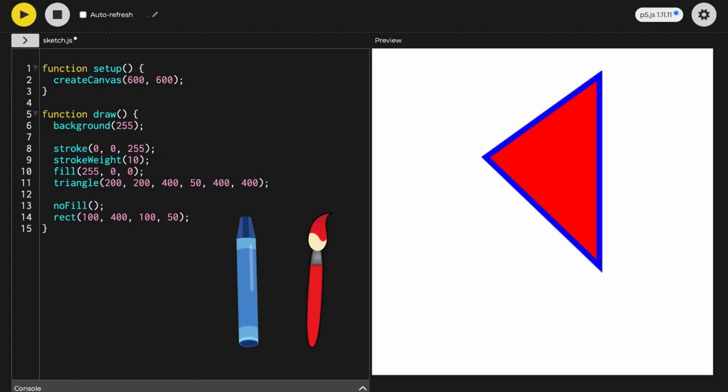But then, we wrote no fill. This told the computer, drop the paintbrush. Finally, we asked it to draw a rectangle. At this point, the computer is still holding that blue sketch pen, but it no longer has a paintbrush. So, it draws the rectangle with the blue outline, but leaves the inside completely empty.